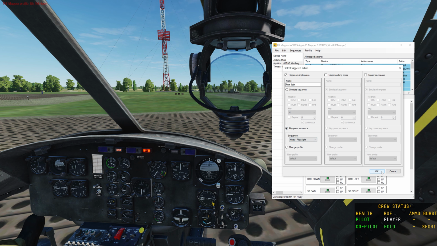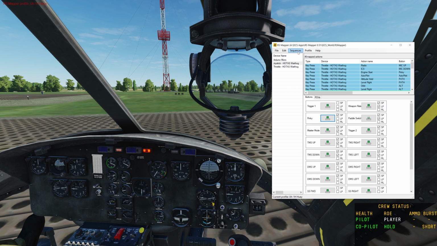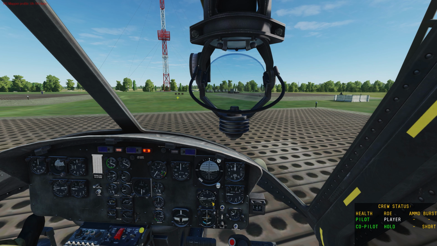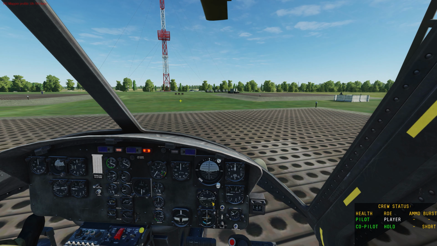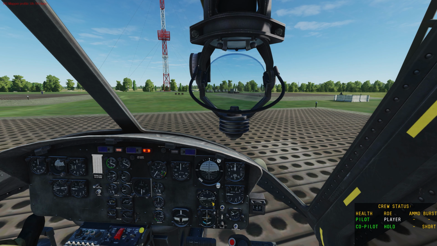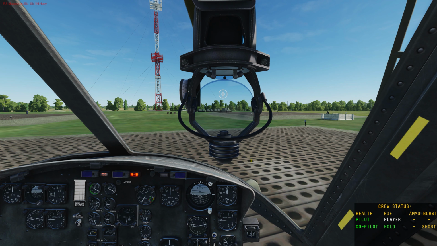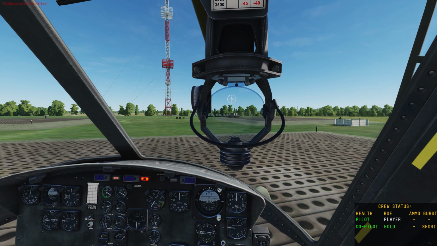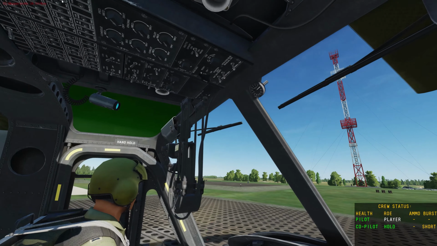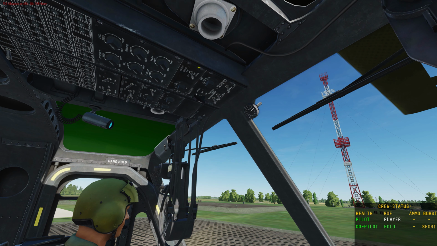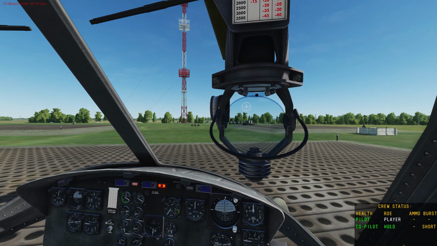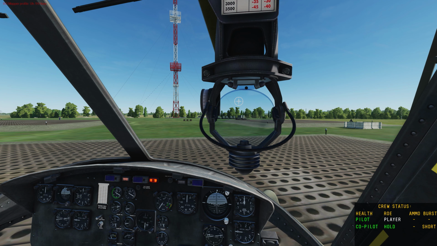Hit OK. File, save, drop it in here. Let's do right shift M to put it away for a second. And now let's test this. So if we tap it. Alright guys, so I figured it out. It took me a second, but the issue is, as you know, it's much louder right now. The issue is that the inverter had to be on for the sight to come up. So you can see the sight right there. So if we tap our pinky button,